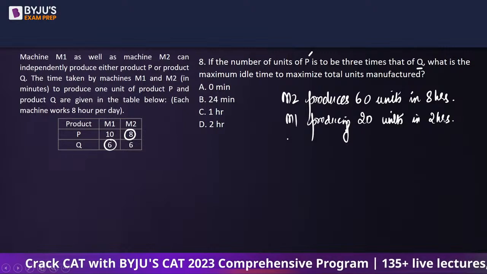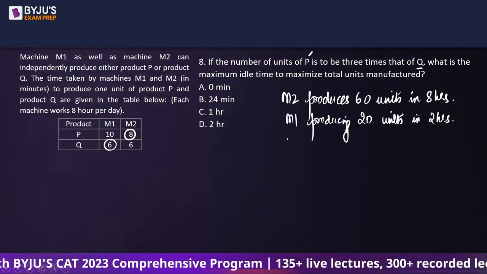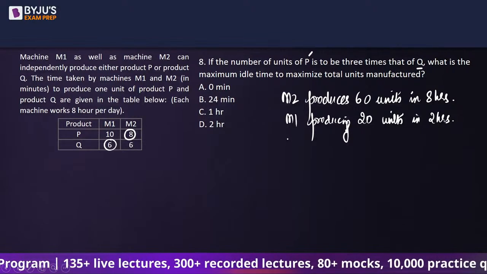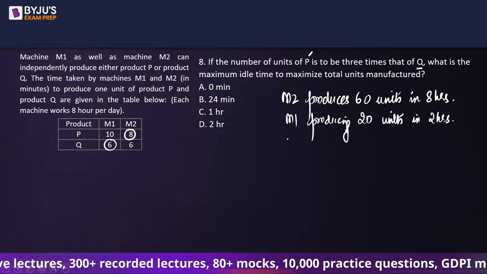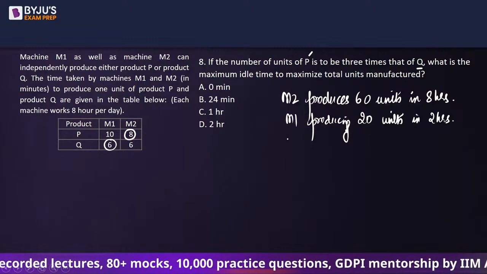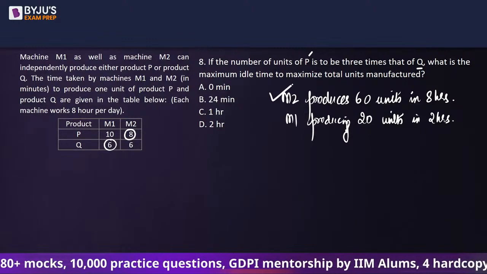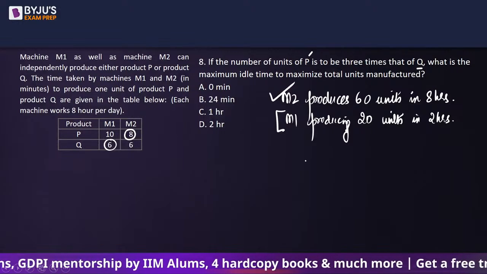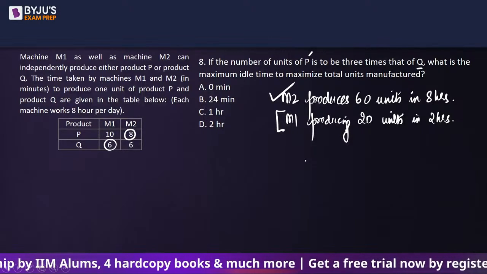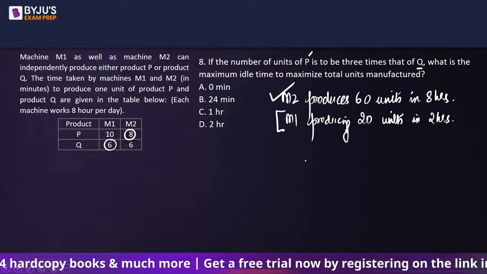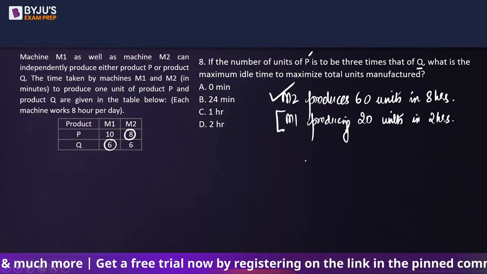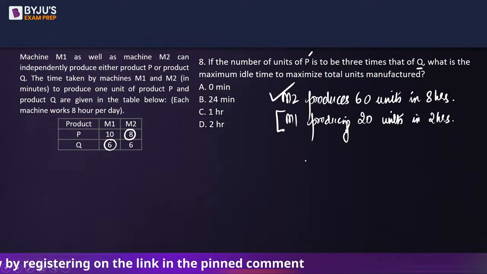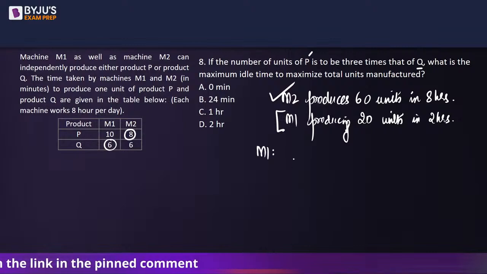If the number of units of P is to be 3 times that of Q, what is the maximum idle time to maximize total units manufactured? Okay. So M2 has utilized its entire day operation. M1 has utilized only 2 hours of its entire day utilization. So M1 has still 6 hours to go. If M1 has still 6 hours to go, so what M1 will do is, it will produce